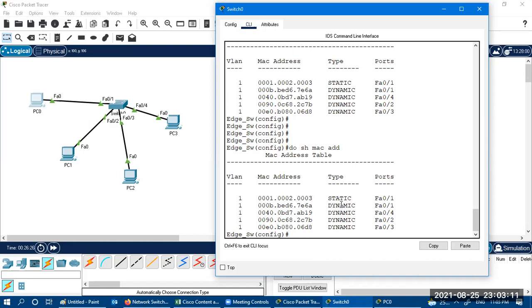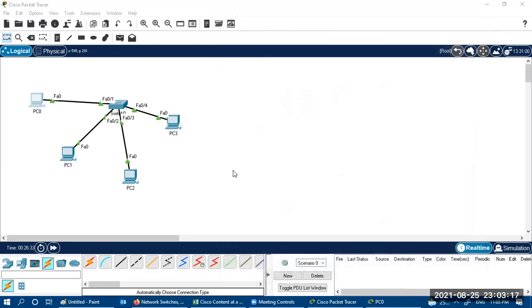Okay, so this is about the introduction of your switch device. Like in the RIP protocol or in the routing section, we talked about multiple types of routing. We talked about static routing, RIP routing, OSPF, NAT, and ACL. All these are routing topics. Now we are going to talk about switching. So what are the things we are going to learn?